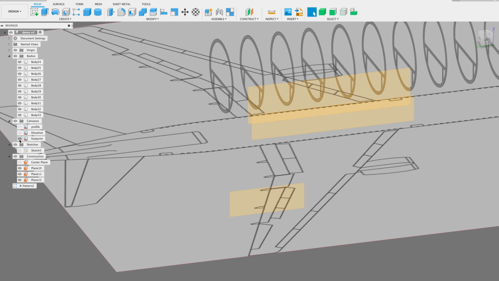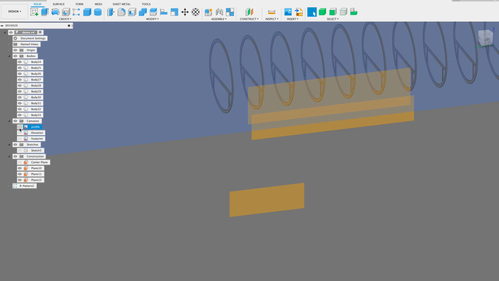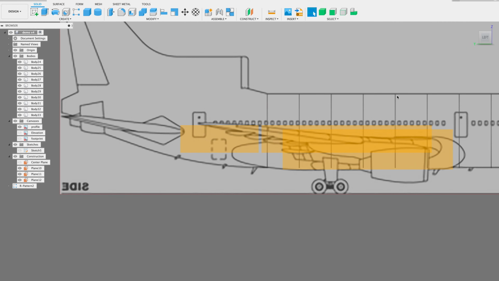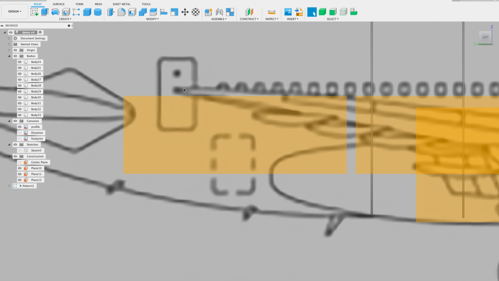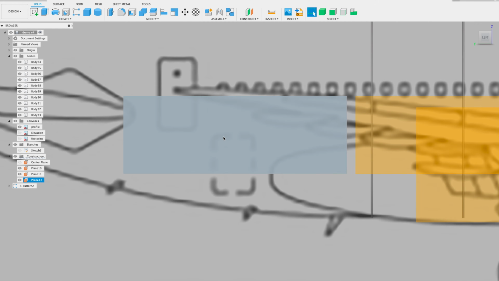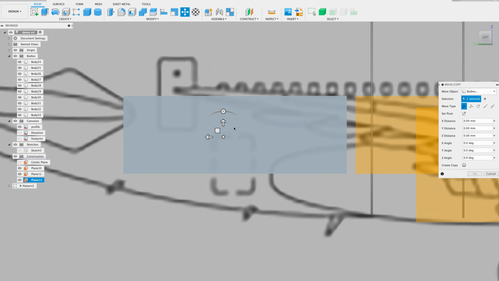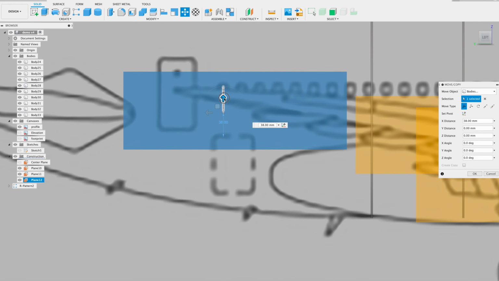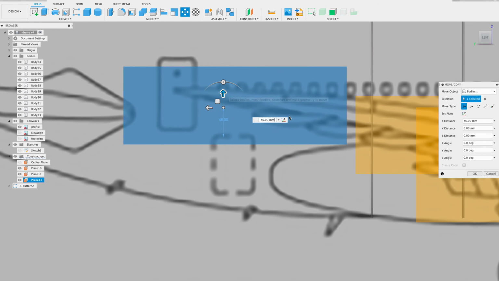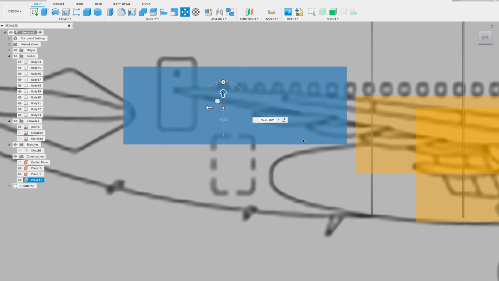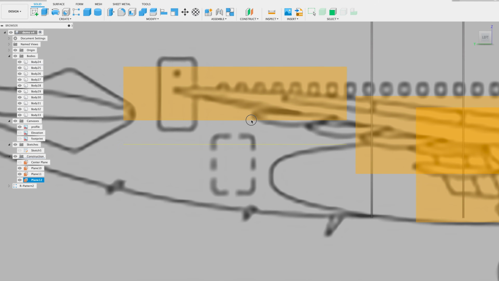So now I need to make sure that I'm in the right place. So I'm going to look at my profile view, and as you can see, we're just a little bit low. And we need to raise this up a little bit. So I'm going to select this, hit M for move. We get our little tool, and then I'm going to drag this up to make sure that I'm covering that area. Hit OK. And then I'm going to scale this a little bit. And voila. Now that we've got our construction planes in place,